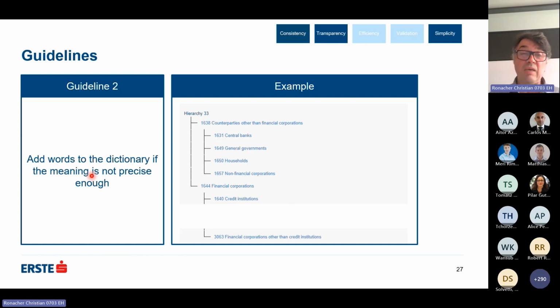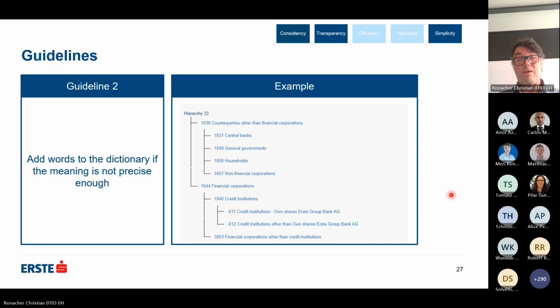But then we dug deeper into the problem and we realized that in this table, the regulator doesn't want to see our own shares. And therefore we added additional entries to our dictionary. And you can see here, credit institutions is just a summing up of those different concepts.